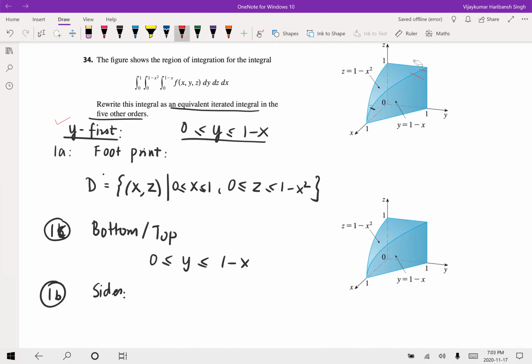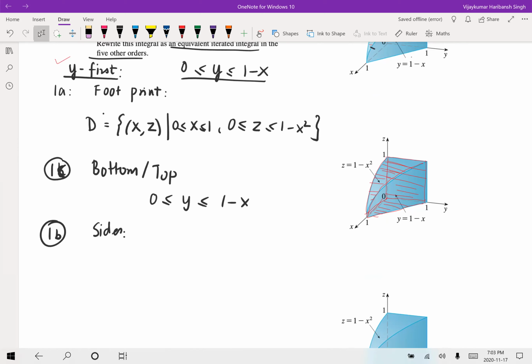This is one side, and this is another side, and this is a third side, right? So these are the three sides. This is a side, this is a side, and the one behind is a side, right? So what are the sides as faces? Well, one of them is